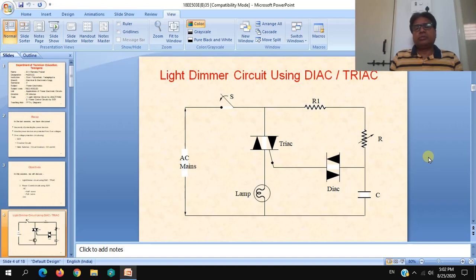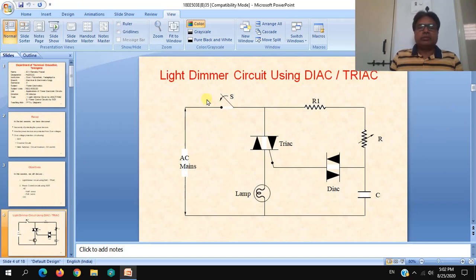So just compare the situation with a normal ceiling fan, which we operate in day-to-day life, where a simple regulator will be there in series with the circuitry between the source and fan, and by rotating the knob of the regulator we will be controlling the input given to the load or fan, and thus its speed will be changed according to the requirement. So we can realize that the same sort of procedure is used for light dimmer circuit.